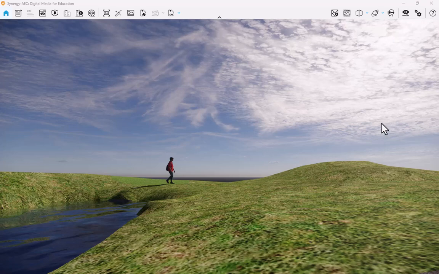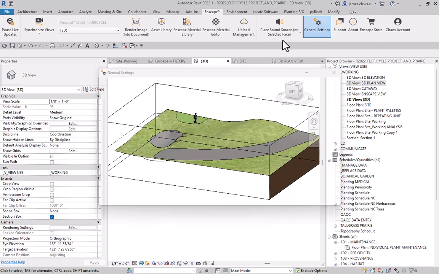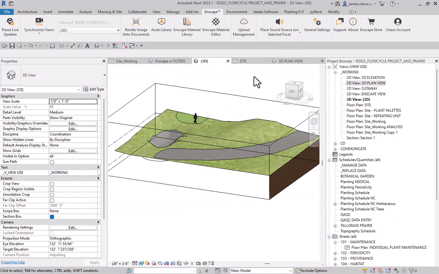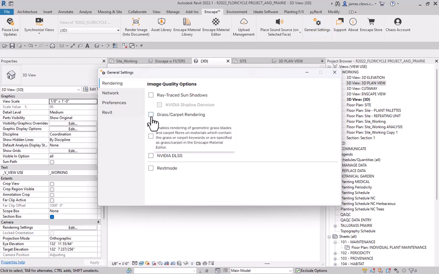So the idea here is just to show you how you can combine some of the things that we've looked at, where you could manage materials and use the option that lets you. So the idea here is to show the option where under general settings, you've got the ability with materials that have the name grass to make them three-dimensional, or the name carpet to